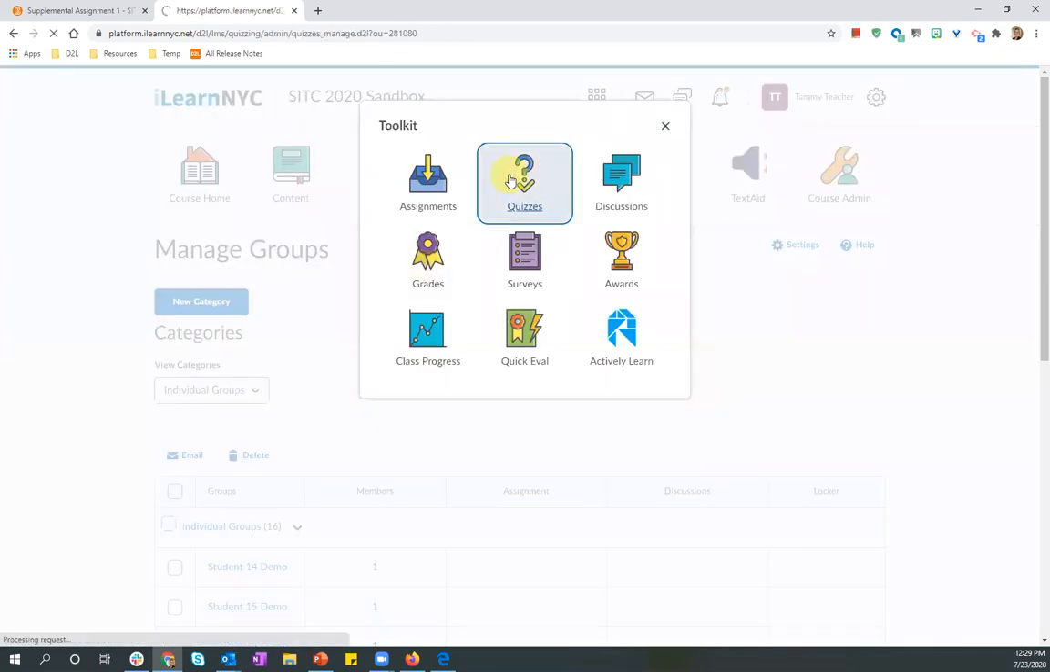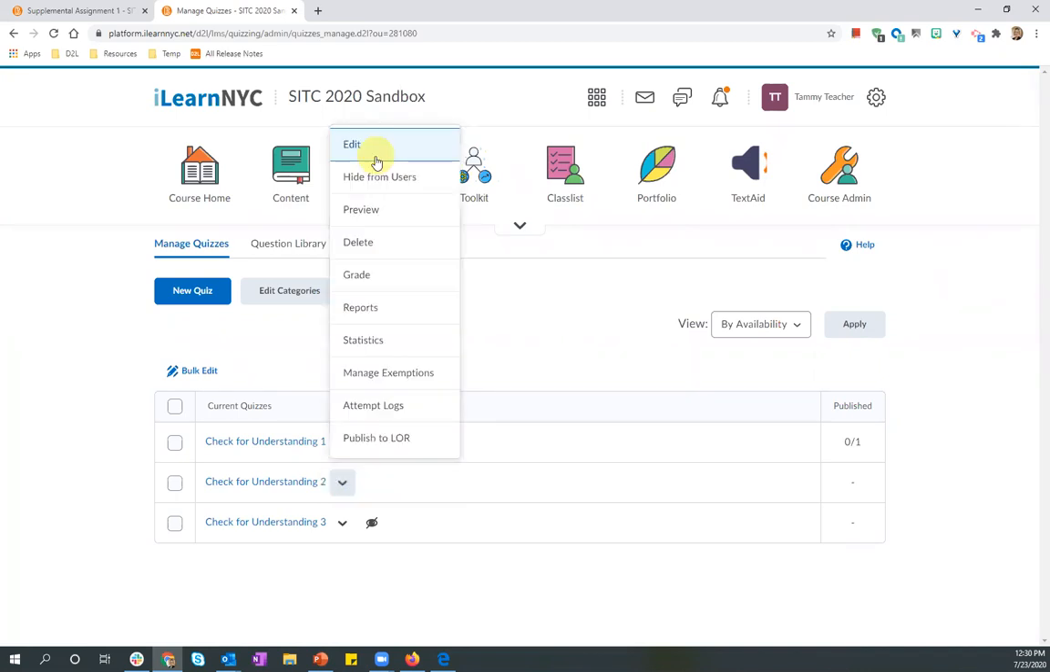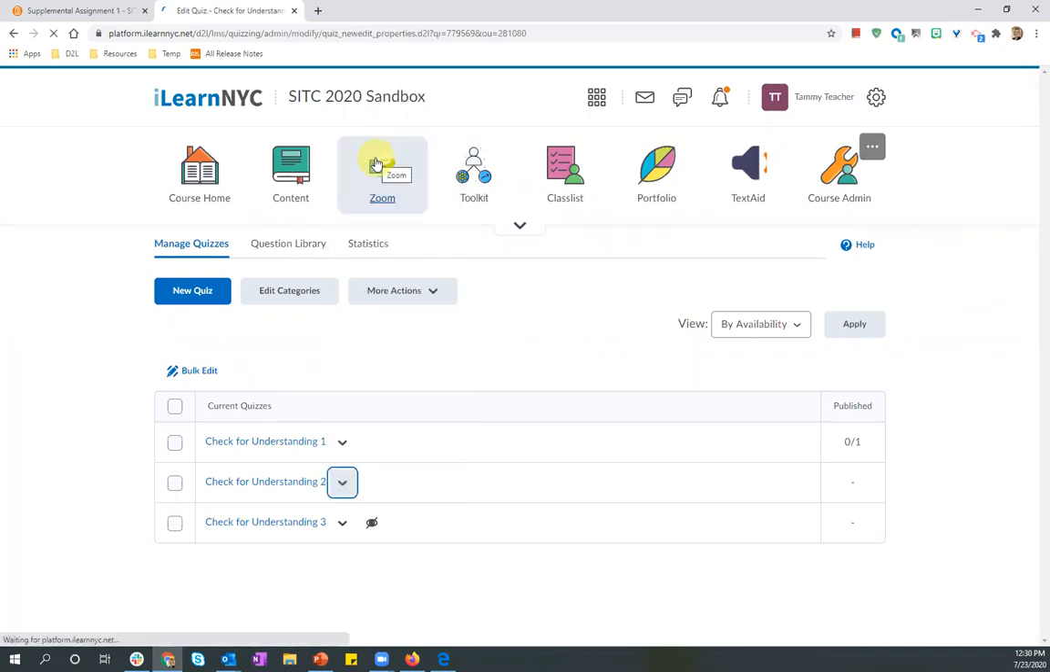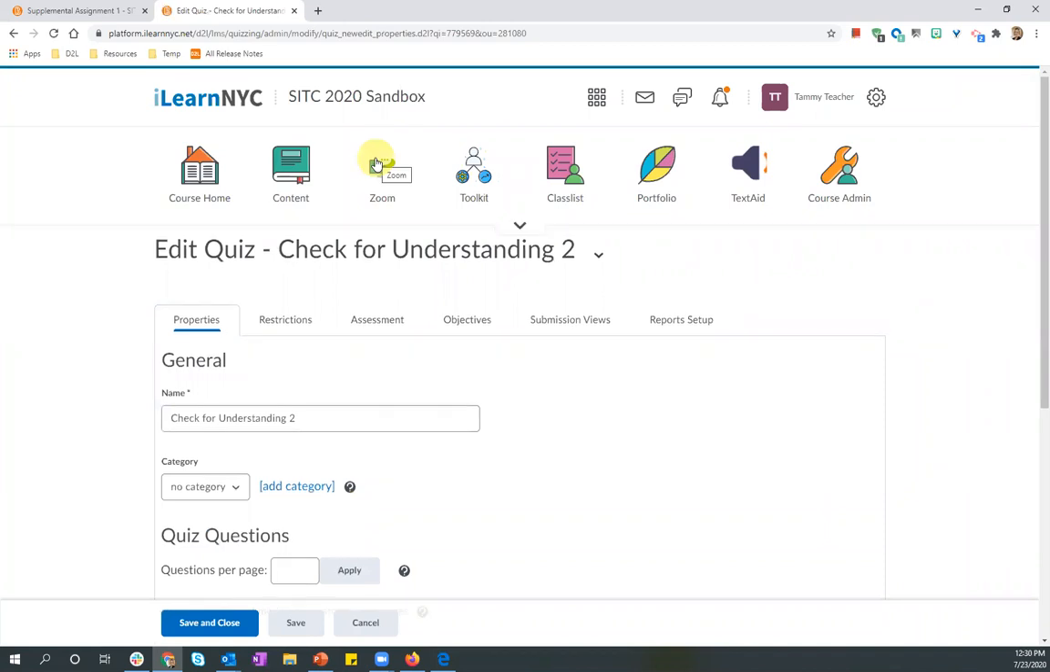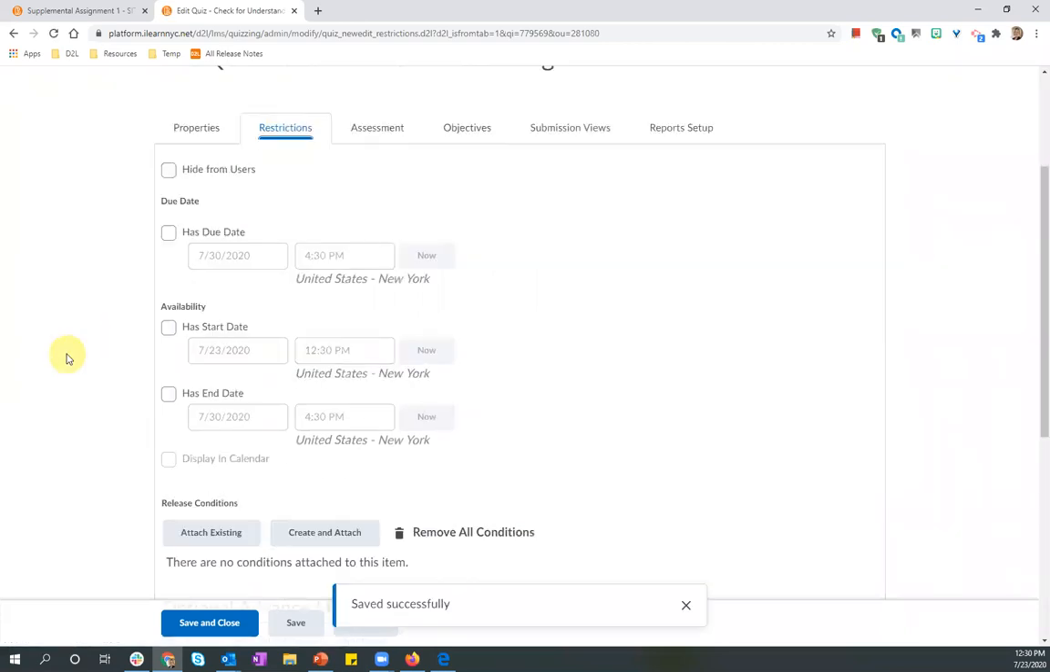And let's say I want to just release a little quiz that I built just to a specific student. So let's say this check for understanding 2. I can go ahead and edit this one and add a release condition to it. Same deal, same release condition, but now we're going to see an even bigger list under our list of groups. So if I go over to the restrictions tab, just like we did in the assignments tool, and then go